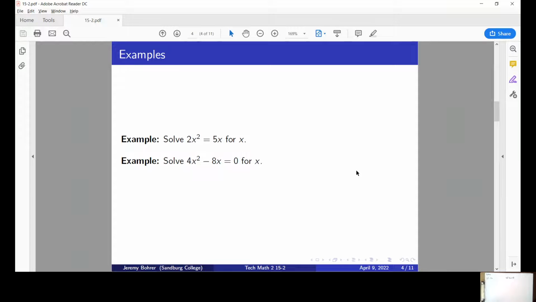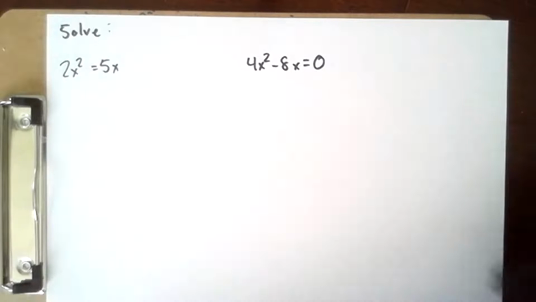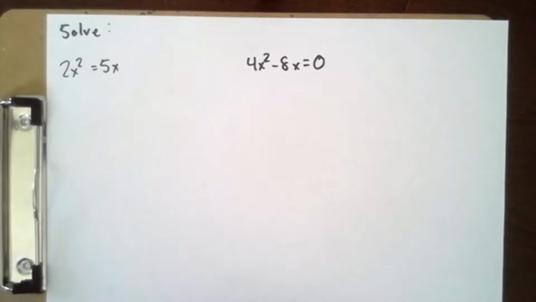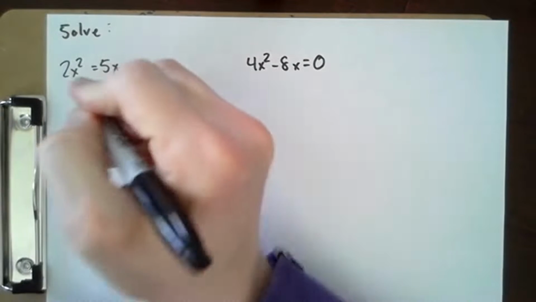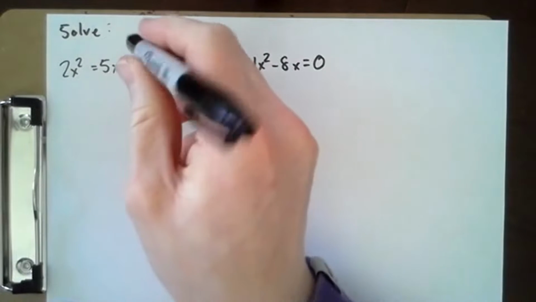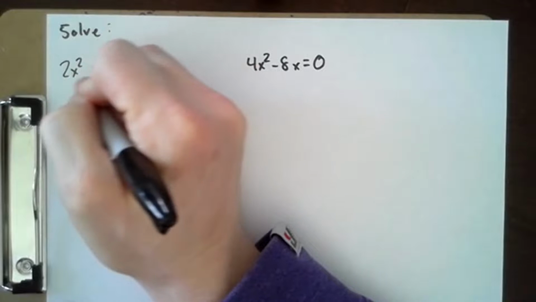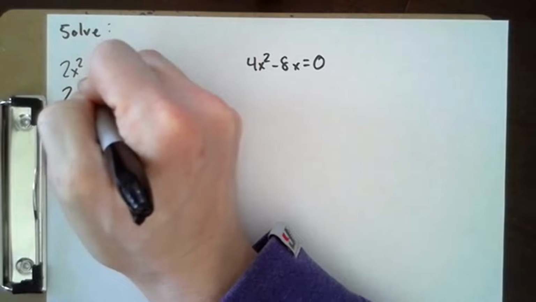In this video, we're going to look at the problems in the 15-2 slides. We're going to start here on page 4 with these two examples where we're asked to solve a couple of equations. The first equation we're asked to solve is 2x squared equals 5x. To solve this, first, we are going to subtract 5x from both sides of the equation to get 2x squared